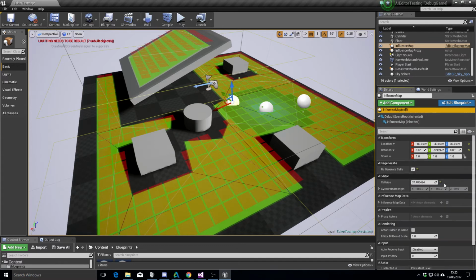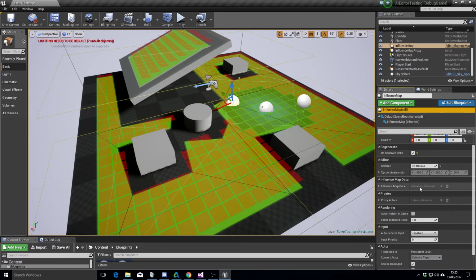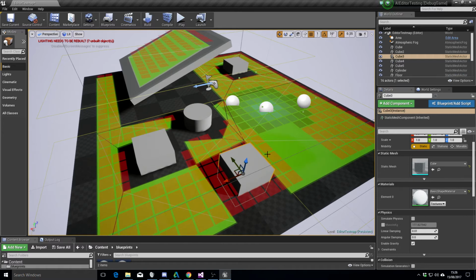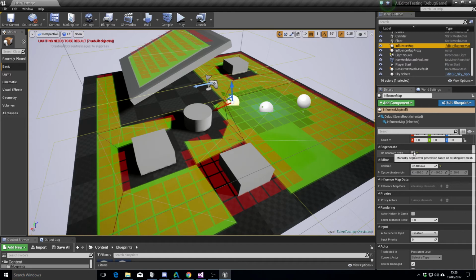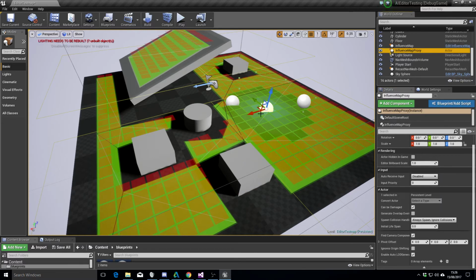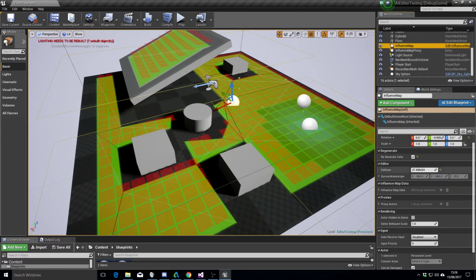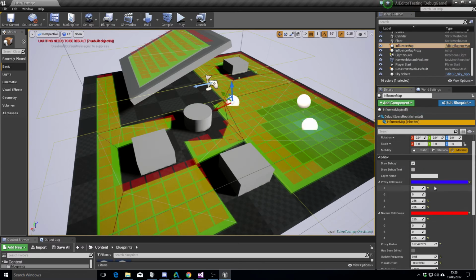And what you get essentially is, if you look at this array, when I toggle the generation, it regenerates the influence map data from the nav mesh. So I can theoretically change the nav mesh, and I then go back to my influence map. This will happen automatically once I've figured out how to hook it, and it'll just regenerate the influence map from there. So it'll all be dynamic and work as you would expect. Yeah, so it's working, just not quite as smoothly as I want yet. Still a few things